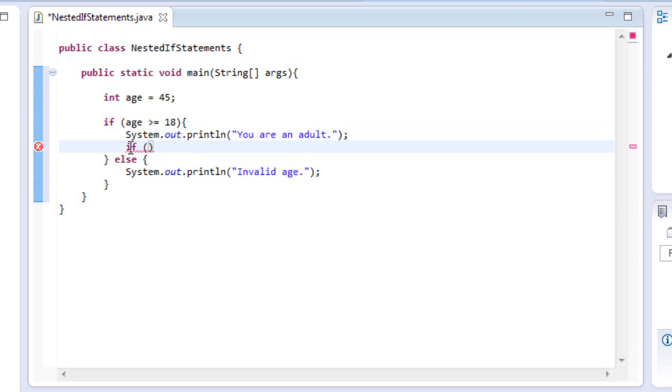So if age is greater than or equal to 18, it's going to print out you're an adult. But if the first condition is true, it's going to drop down, do all this, and then within that first condition, it's also going to check this condition. So if age is less than or equal to 29, and age is greater than or equal to 20,